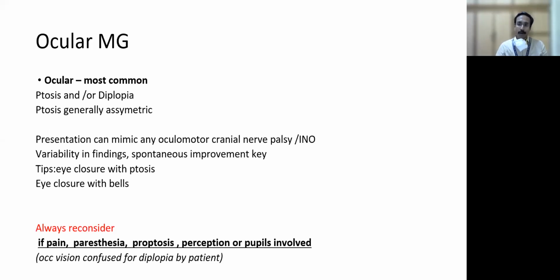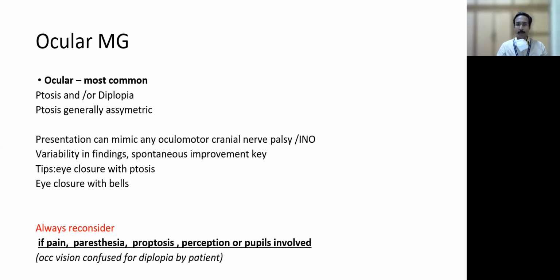So coming to ocular presentation, this is actually the most common. You start considering NMJ disorders when you have an ocular kind of presentation. The common symptoms they come with are drooping of the eyelid or diplopia or both. So it's quite important, when you're seeing a patient who says I have a new onset ptosis, to ask them